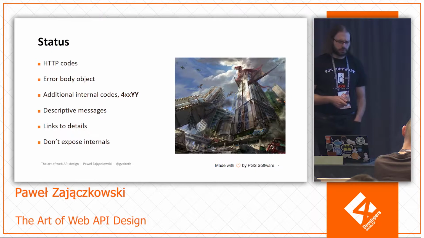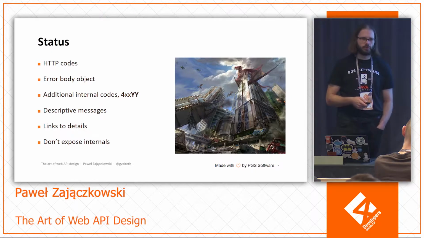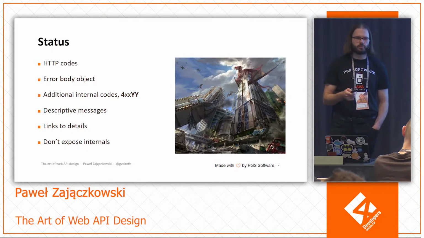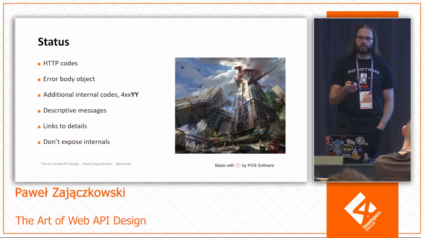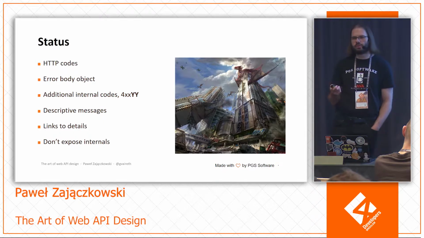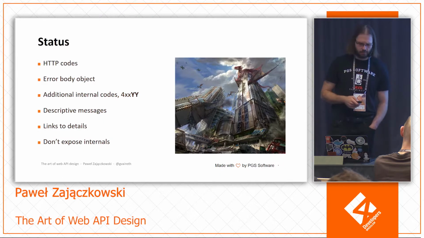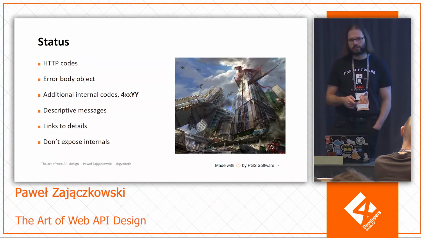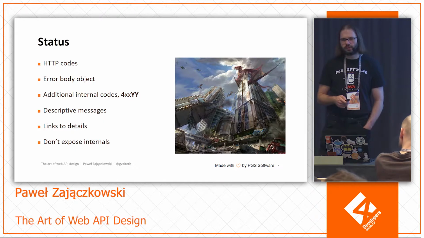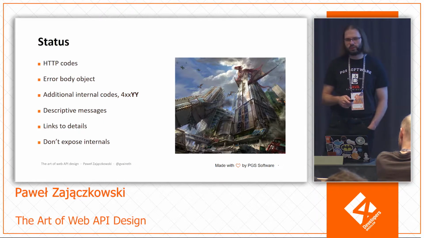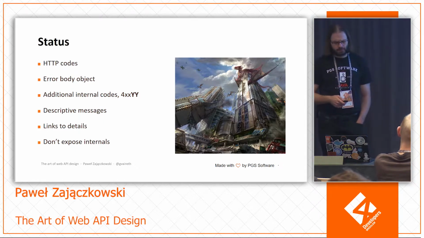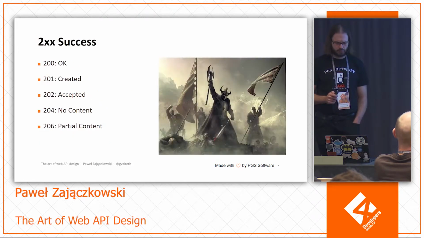The third thing we can add is more details, but not exactly in the response, but as a link to a FAQ, for example, or some particular documentation section that would help the developer understand what really happened. And again, be careful about exposing details. I saw some APIs that return a stack trace in the response, sometimes as a header, and it might be a security problem, unless you are open source maybe. But in general, be careful with that. So briefly on codes.